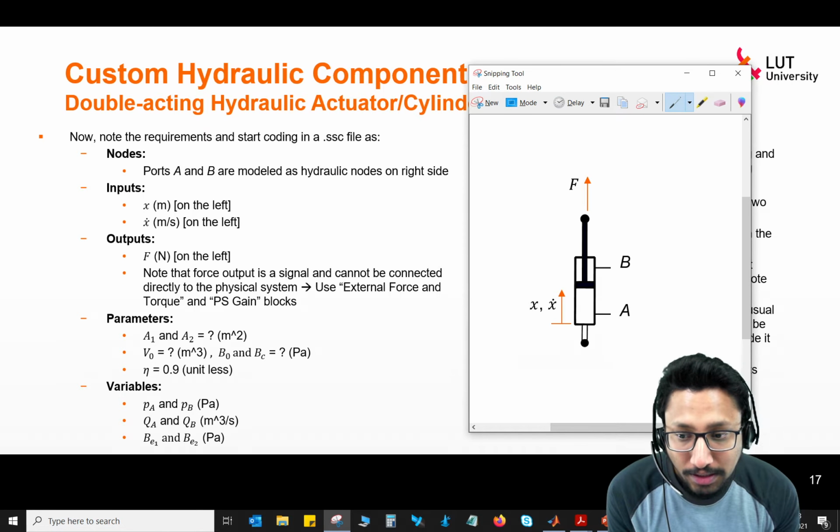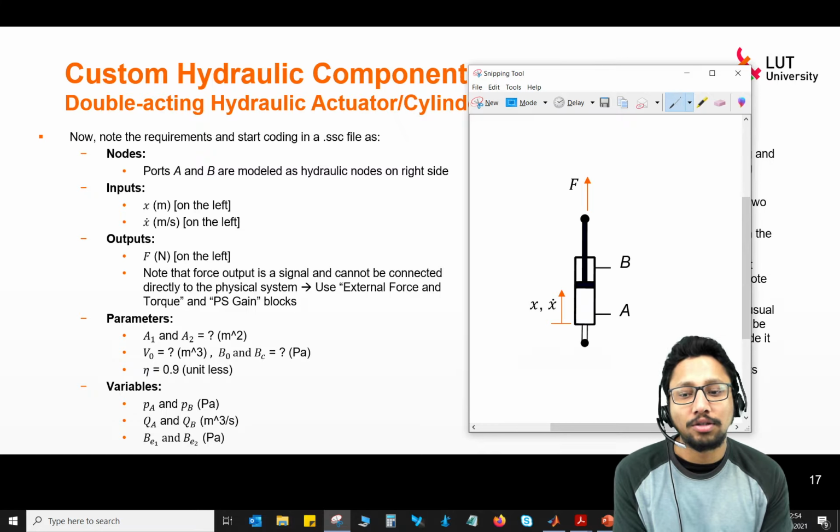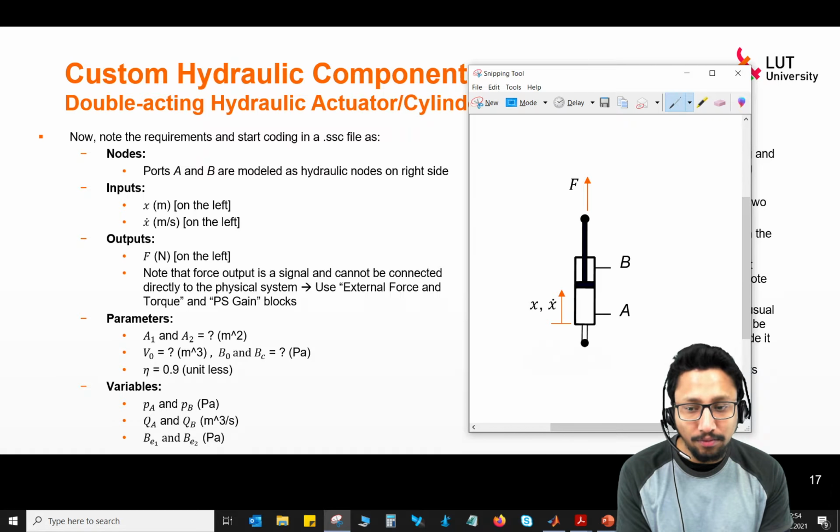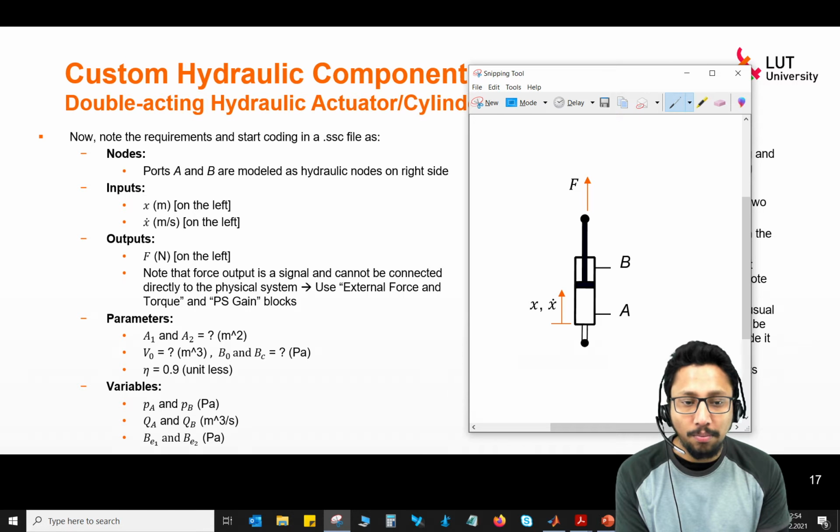So what are the parameters that are required for modeling this part? Basically the area on both sides of the cylinder, then the dead volume, basically volume of the hoses, then the bulk modulus of the oil, bulk modulus of the cylinder, then the efficiency of the cylinder.